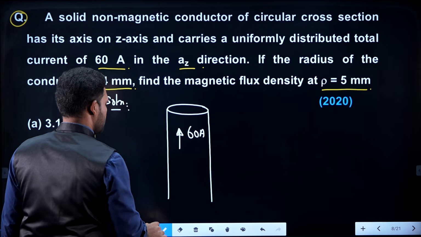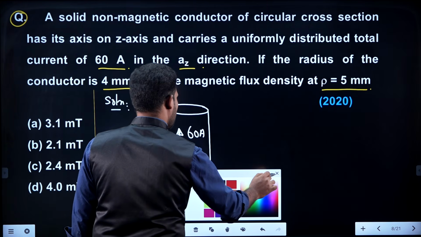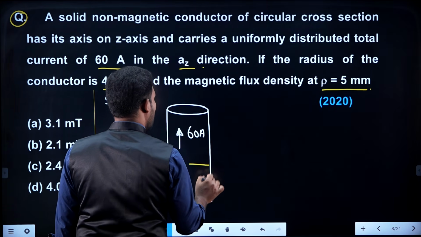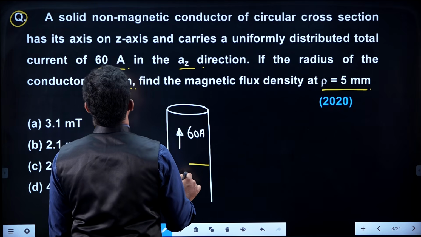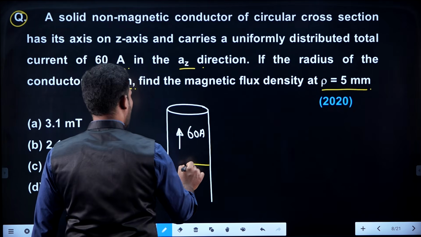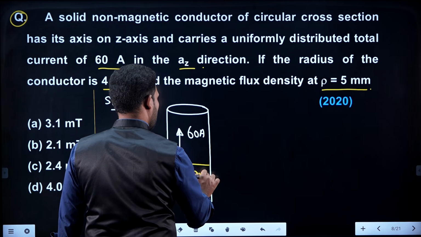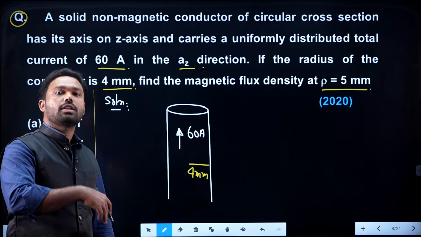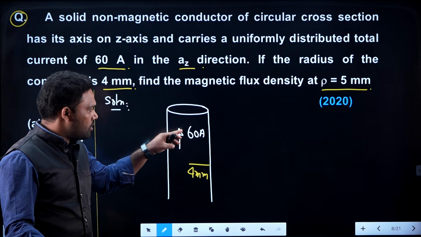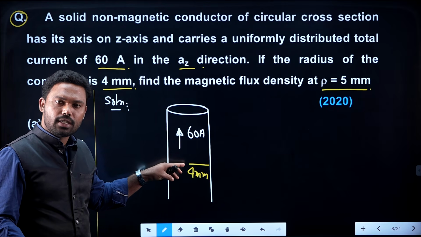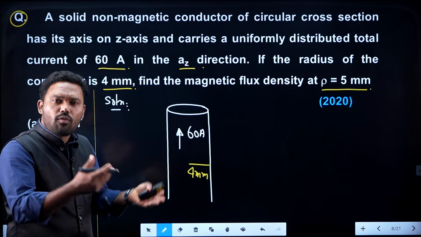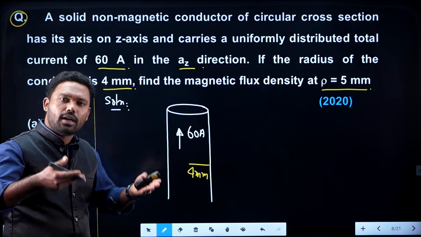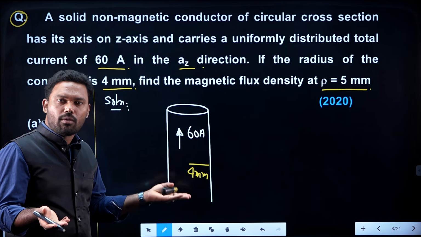60 amperes, with a radius of 4 mm. He is not asking what is the magnetic field inside, he is asking what is the magnetic field outside. If you want to find out the magnetic field inside, you can make use of Ampere's law. Once you come out from the current carrying conductor, once you come out from the cylinder, it